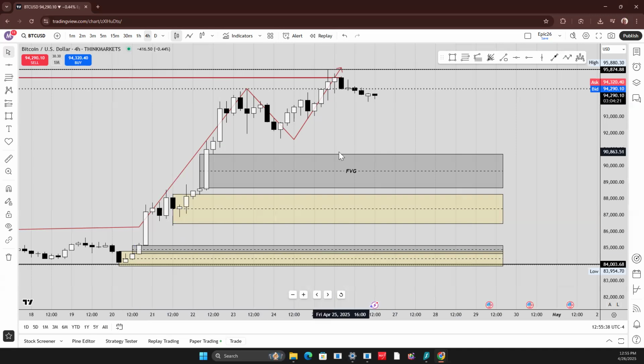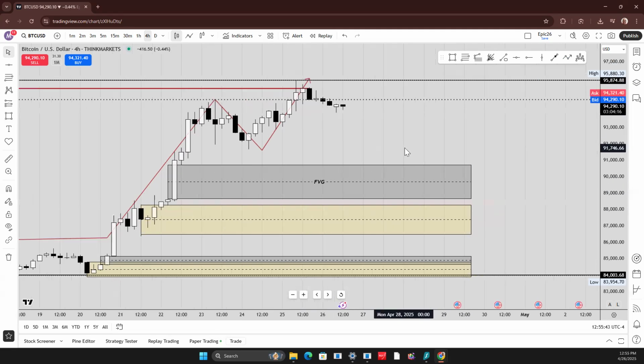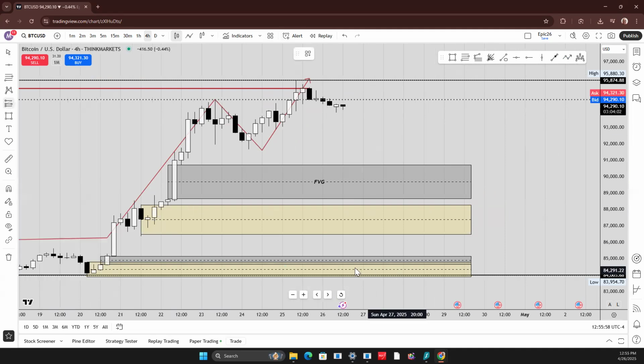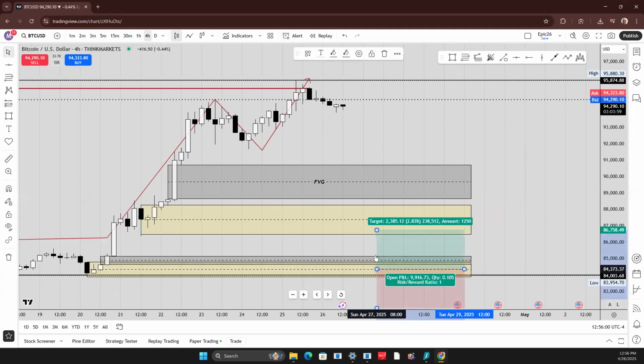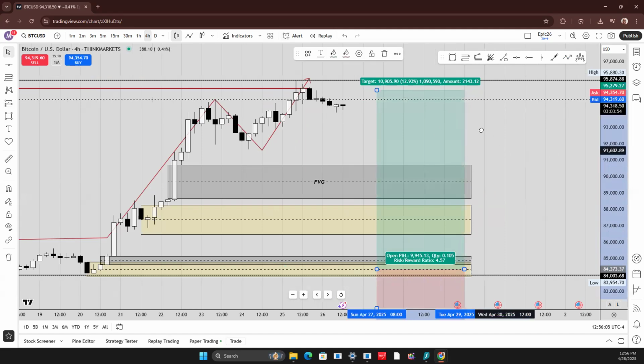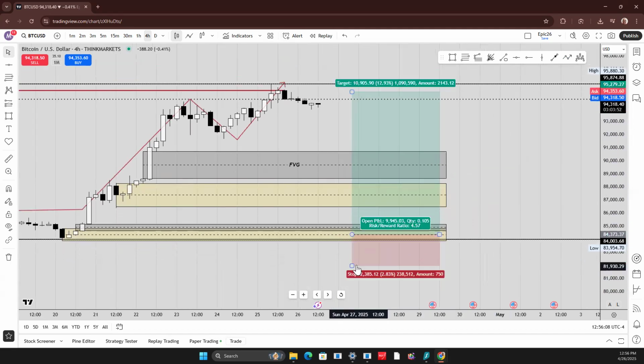Okay. All right. So this is my 4 hour bias. So basically, if I was to enter the market, once the candle bounces off one of these levels, preferably if you're patient enough, which is important. Okay. The key is to be patient. We'd want the market to come all the way down here, come back up to this area where you take profit. You set your stop loss right below your entry. Okay, this would be